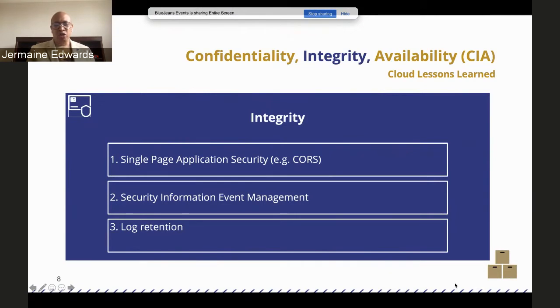But the thing is, when you start going to the cloud, are you able to leverage those same tools to leverage the same type of security information event? You may hear the other term called SIEM, but it is just, can you leverage the same tools for event management when you actually go to the cloud? And the last but not least is log